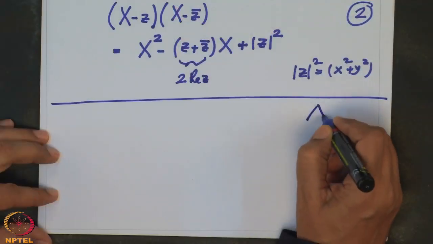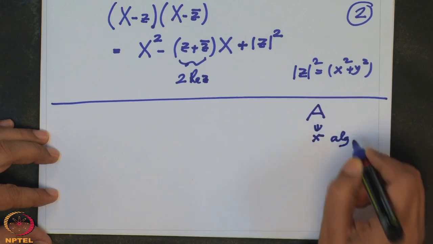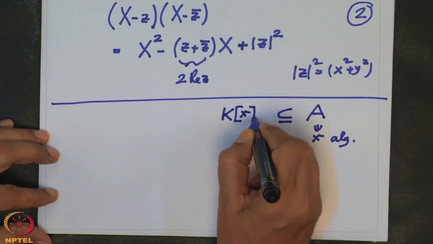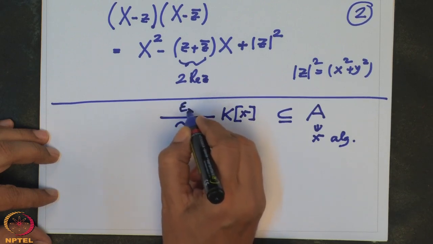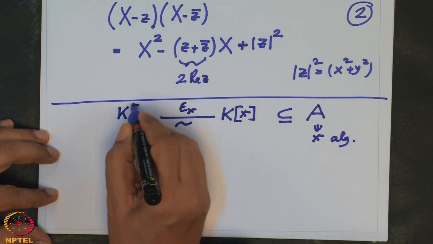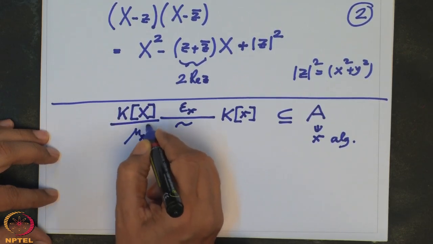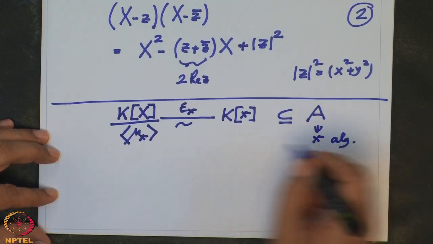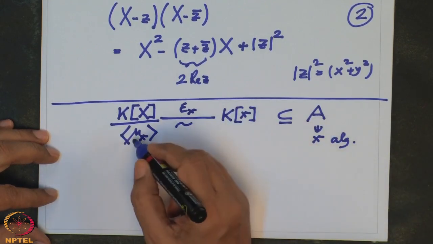algebraic elements. So remember the situation is like this: A is an algebra and x was an element there which is algebraic. Then we have the subalgebra generated by x, that is K[x], which was isomorphic as a K-algebra, under the evaluation map epsilon x, to K[X] modulo the ideal generated by mu x. So x is algebraic, then this isomorphism holds. So that means the degree of this is the degree of mu x.